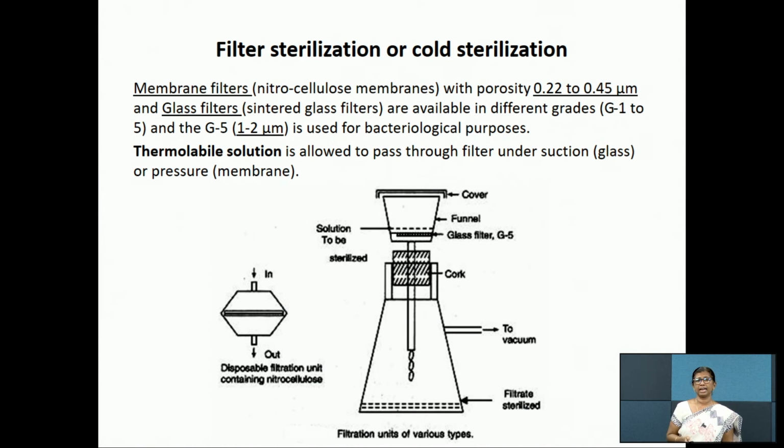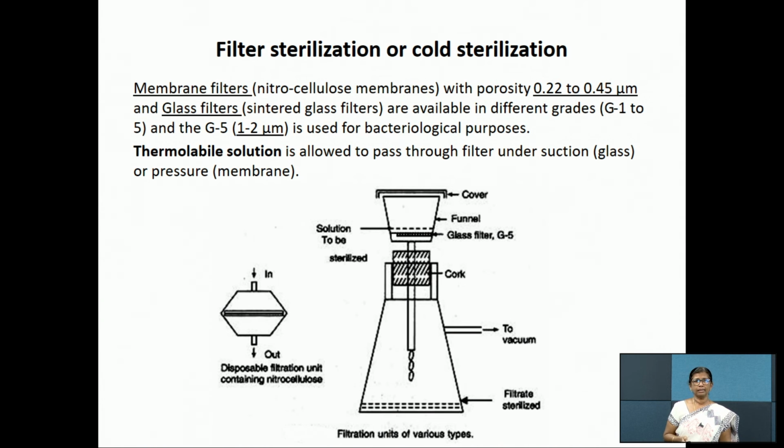Whereas in the case of glass filters, the example is the sintered glass filter, which is available in different grades G1 to G5, and G5 has a porosity of 1 to 2 micrometer. This is also useful for bacteriological purposes. As I told you, it is useful for sterilizing thermolabile solutions, which are very heat sensitive, especially vitamins, amino acids, as well as the plant growth